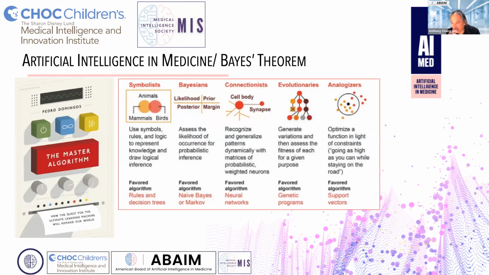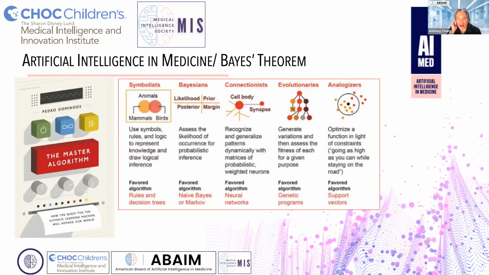And then I just want to put this slide up because Bayesian and frequentist is not the only 2 camps. If you haven't read this book, this is a really classic one, one of my top 10 recommendations for AI and data science. It's called The Master Algorithm. I don't know, Bob, have you seen it or read it? I have not read it. Okay, I think you would definitely enjoy it.